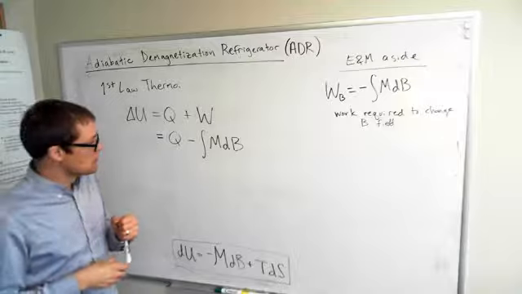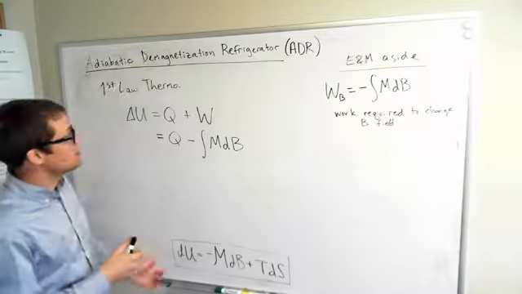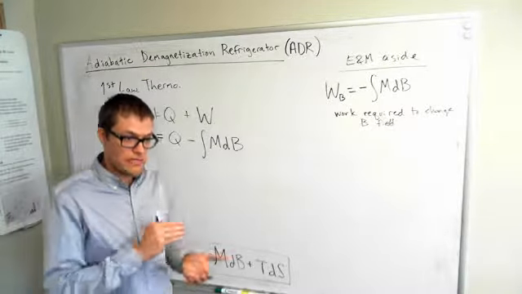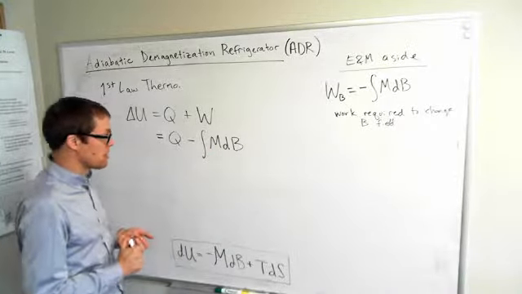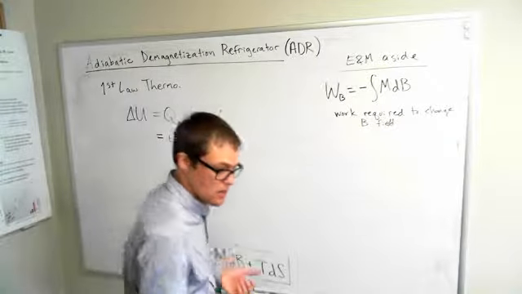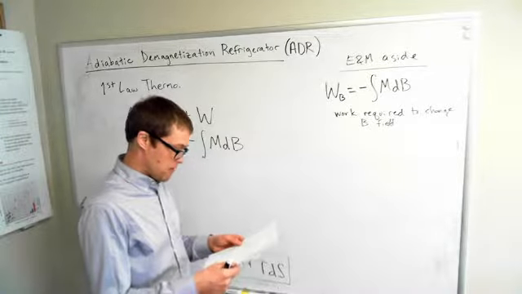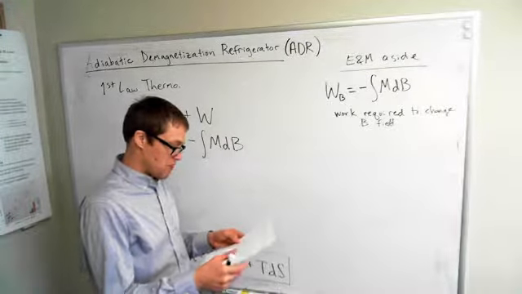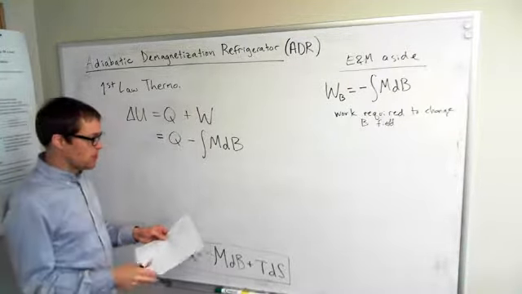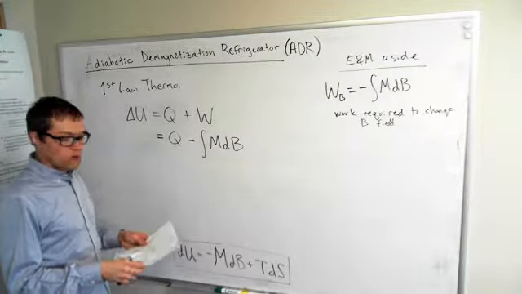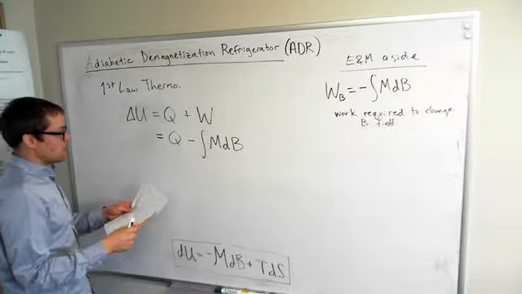Right? So in the steps of the ADR refrigeration which involve fixed magnetic field, that's the situation where this work is 0, right? dB is not changing. So in any step where the work is 0, or the magnetic field is not changing, for instance, that's the step where you put the cold material in contact with the thing that you would like to cool while the magnetic field is fixed. In that case, this term is 0, and the change in energy of the system is just